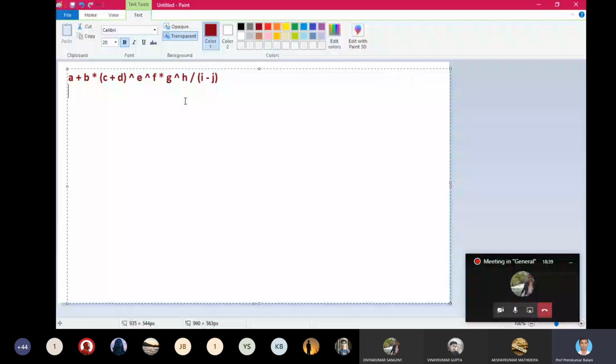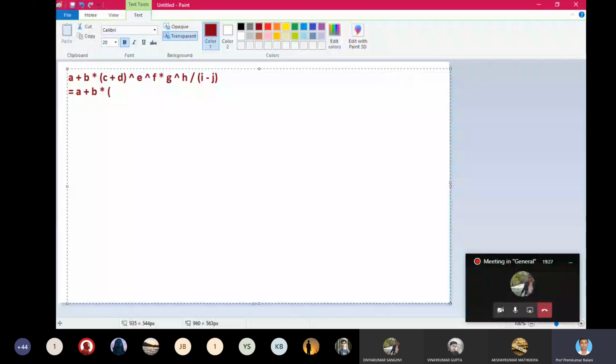Which operator has the highest precedence? Raised to, right? So first of all, we have to consider the sub part of the expression which has the highest priority, meaning that operation will be done first and then the rest. So this and G raised to H has the highest priority, right? So now let's convert those parts first. All the rest of the parts you keep as it is, A plus B multiplied by,